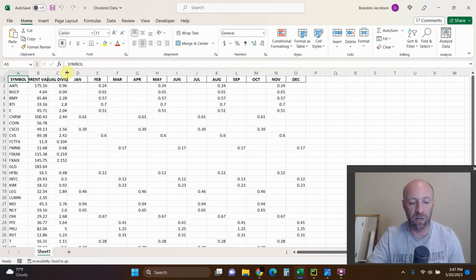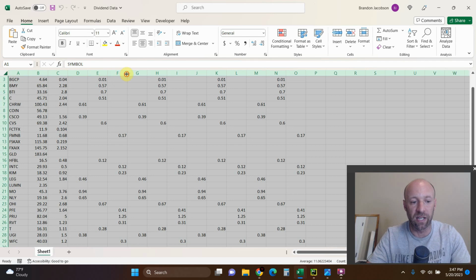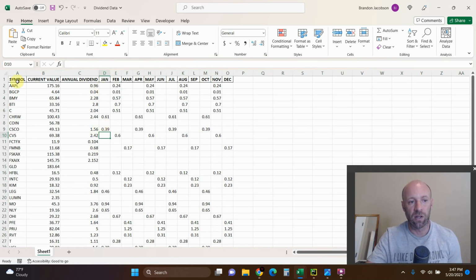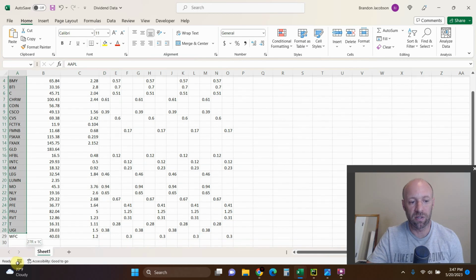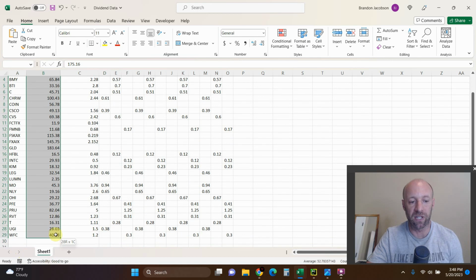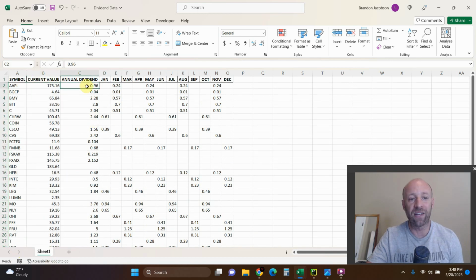And there we go. So we have an Excel sheet now that has the symbols that we had in the previous Excel sheet, the current value for each of these, the annual dividend, and then the dividend in the month it's going to pay out. All right, and so from here, now we can create our dashboard, which is the focus of this video. So I'm going to close this,